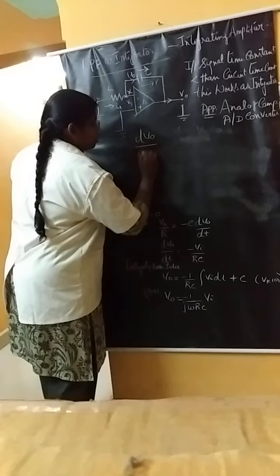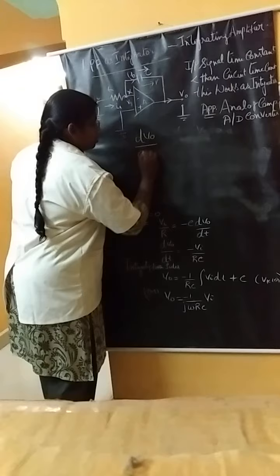This low pass filter as integrator is also known as an integrating amplifier. This circuit operates in the inverting amplifier mode. This is the basic circuit diagram for the integrator. Here, in the inverting input of the op amp, a resistor is connected, the non-inverting input is grounded, and in the feedback a capacitor is connected.